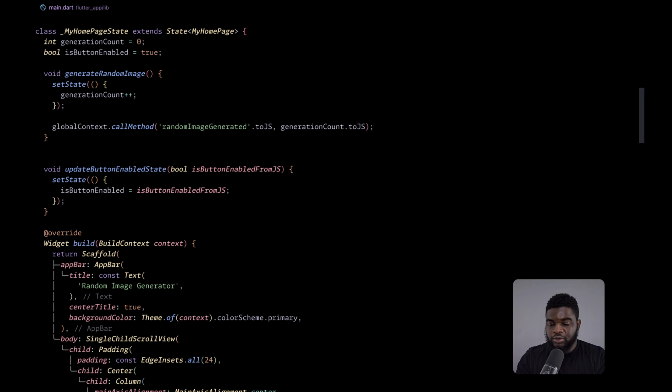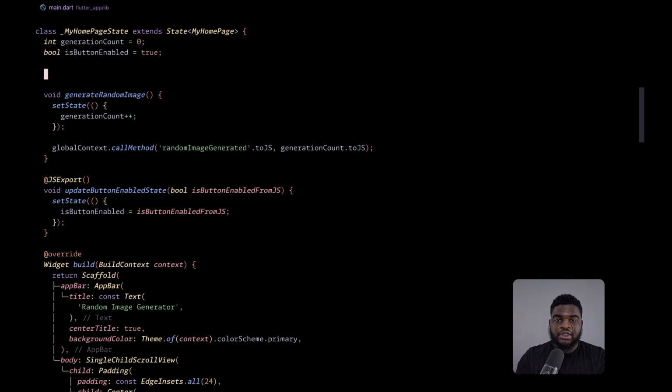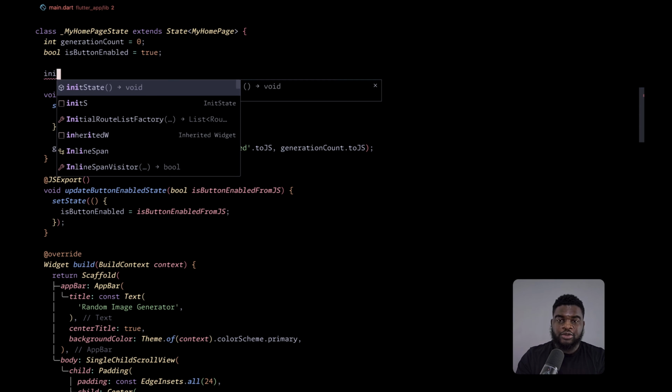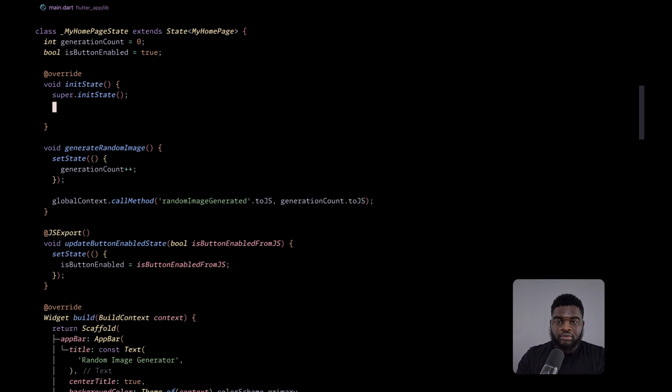The next thing we need to do is to annotate this function with JS export. So that means we can actually call this function from JavaScript. But the final step is to export the class so that this function can be available on the JavaScript global scope.